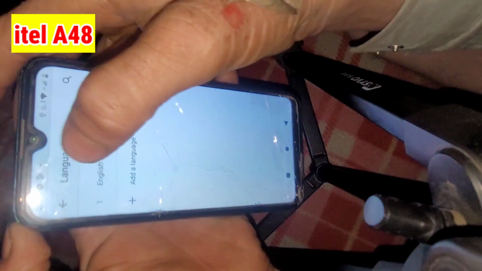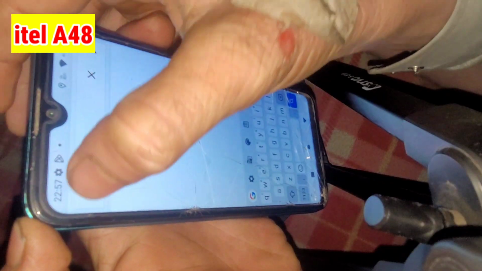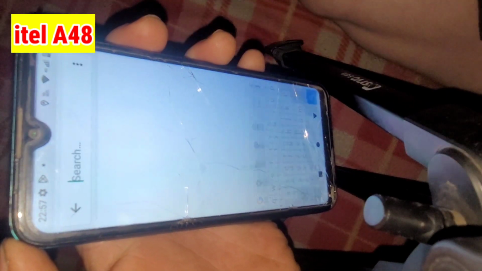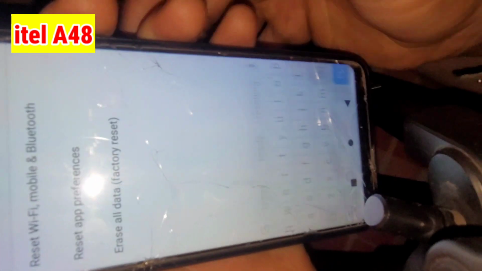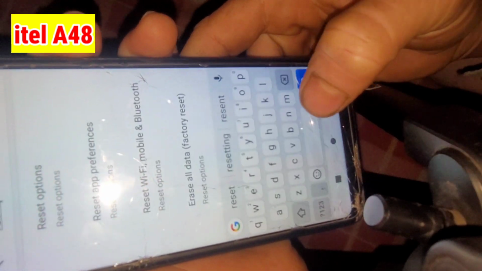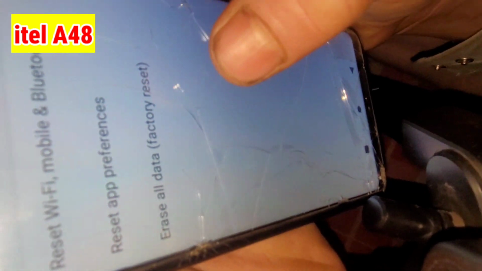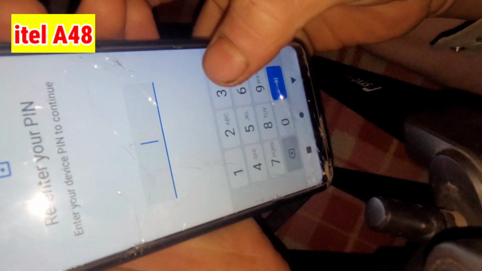Here you can see change the language, and go back and type reset. Click on reset options and erase all data of this device and enter the PIN.